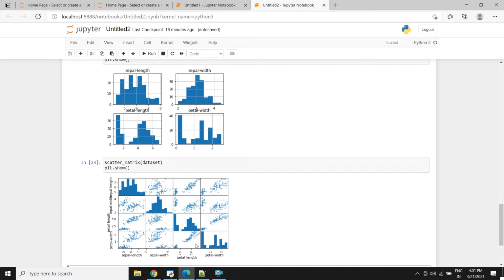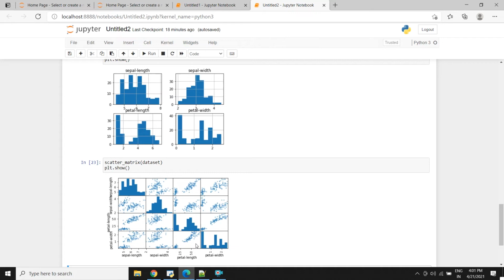Now let's move on and evaluate some algorithms. It's time to create some models of the dataset and estimate the accuracy on the basis of unseen data. So now we know all about our dataset. We know how many instances and attributes are there in our dataset. We know the summary of each attribute. So I guess we know much about our dataset. Now let's move on and create some algorithms and estimate their accuracy based on unseen data. What we'll do is create some models of the data and estimate the accuracy based on some unseen data.